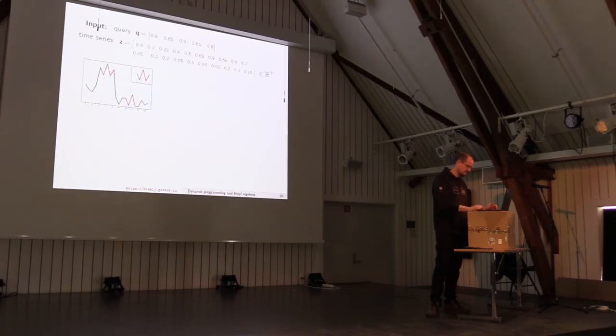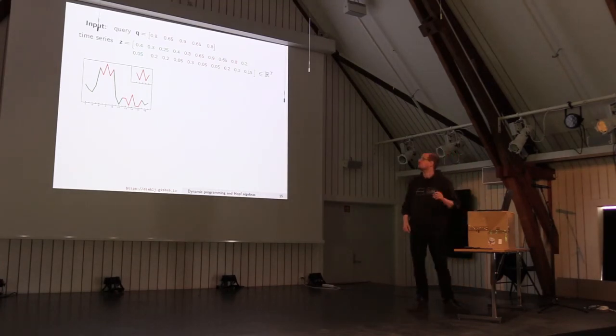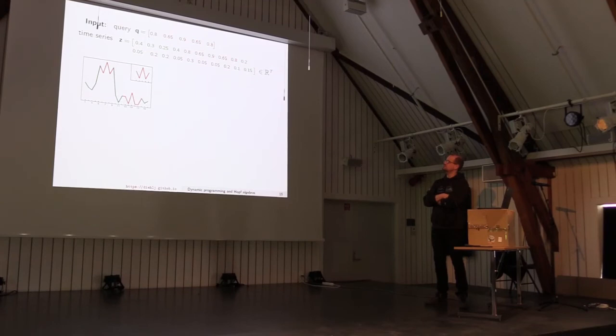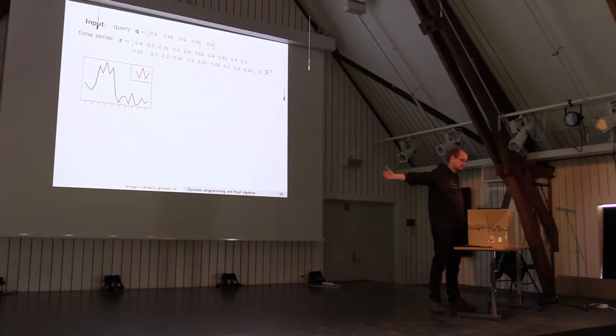First about attention. We want to do the following. You give me a query Q. It's a small red curve there in the top right corner. And then you give me a large time series Z, and you ask me, is Q to be found in there? And maybe I don't care if Q is a bit shifted